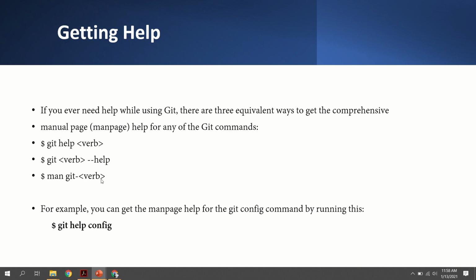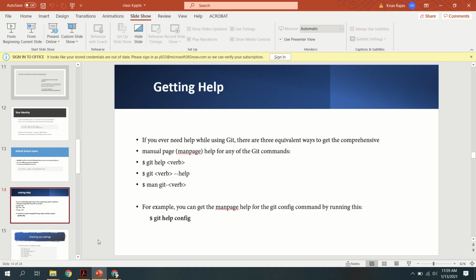But in effect, all the commands work the same. Suppose you want to get help about the git command called config, how will you write it? This is the command for that. Whenever you type this command in your terminal, you will automatically go to the manual page of the config command. So we can see how it is working.